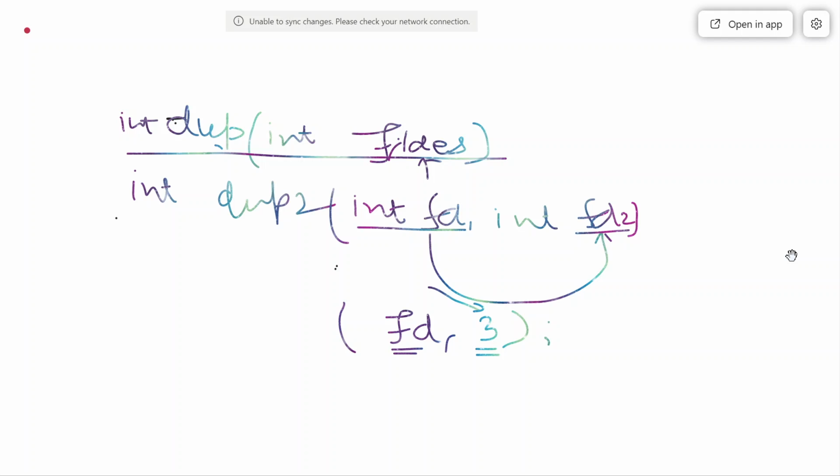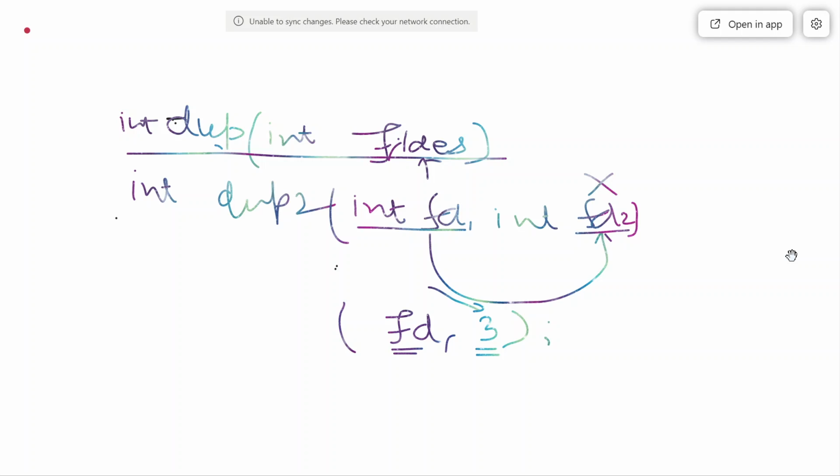So in that case, the dup2 system call ensures that if it is utilized by another file, then that should be closed first. So FD2 may be representing some other file, then that file must be closed. FD2 will be made free first, and then it is allocated to this particular file which is represented by FD. That's the difference.